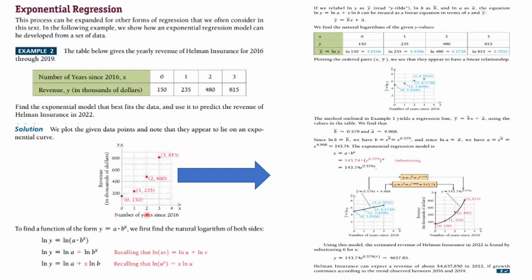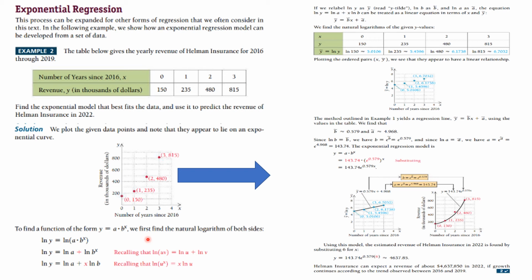And if you plot this, you say, oh, maybe this is going up in exponential growth rather than a line. So we're going to say, I want to find a function of the form y equals a times b to the x. And the unknowns here are going to be a and b. x and y are going to be variables, and there's our data points for x and y. Now we're going to use linear